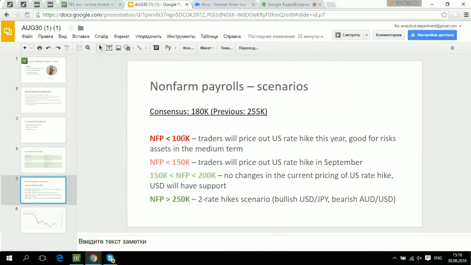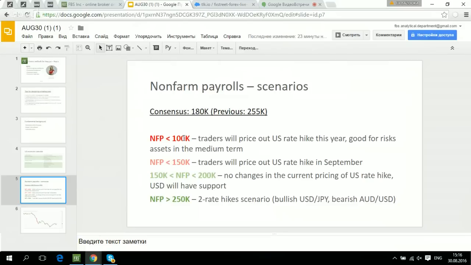And in the medium term, I think that will be another push to the upside for the risk assets, for the emerging markets and commodity currencies. So, and certainly a kind of blow to the US dollar, as traders will seek higher yields, higher returns in